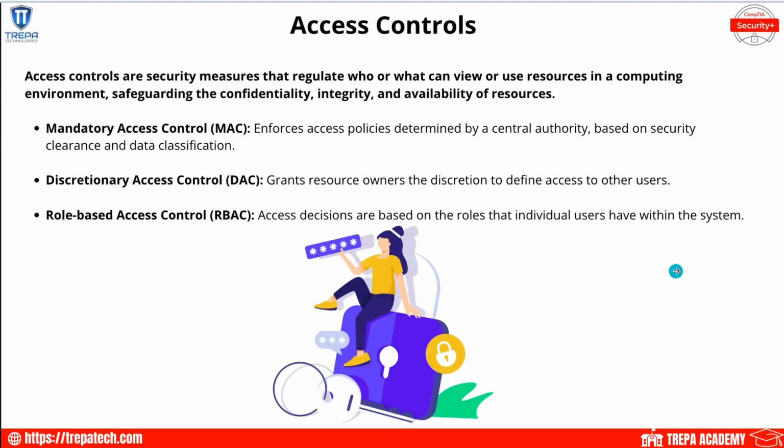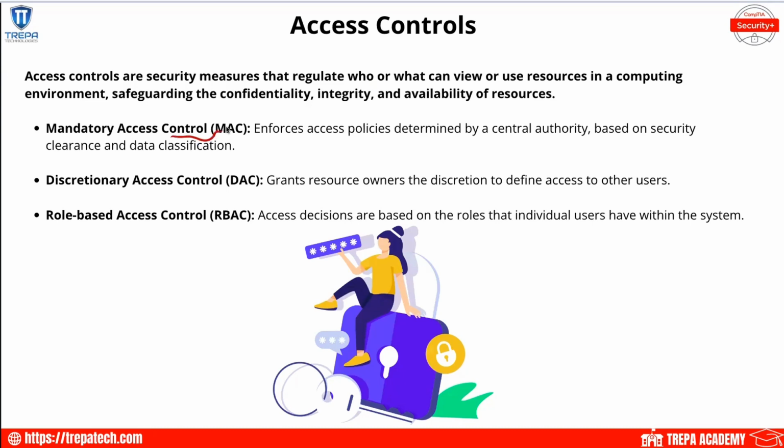Okay, moving on in domain 4.6. Now let's go over our different access controls. Access controls are security measures that regulate who or what can view or use resources in a computing environment. We're going to go over the three major ones here. We also have other ones like rule-based and attribute-based, but the three main ones we're going to talk about are